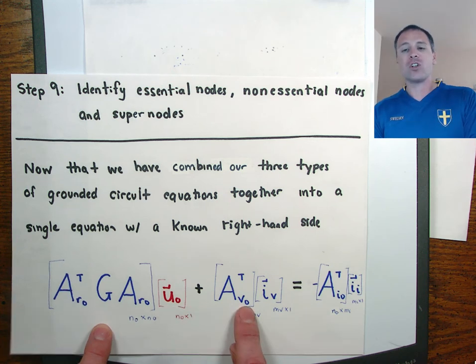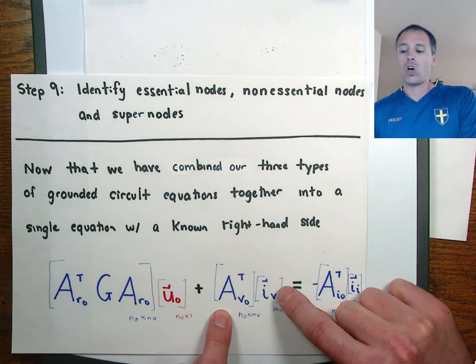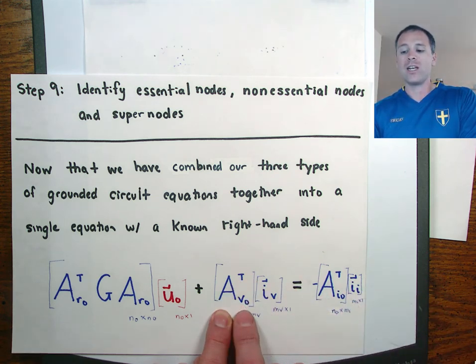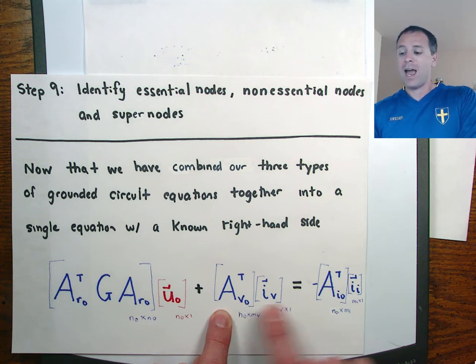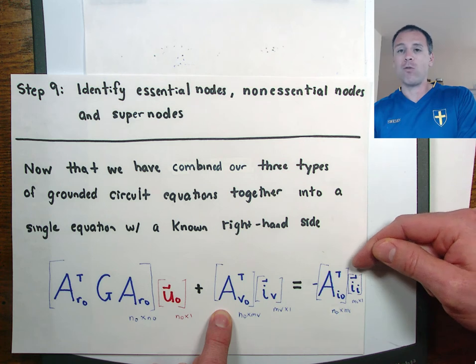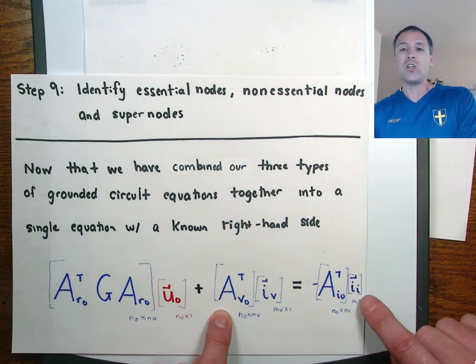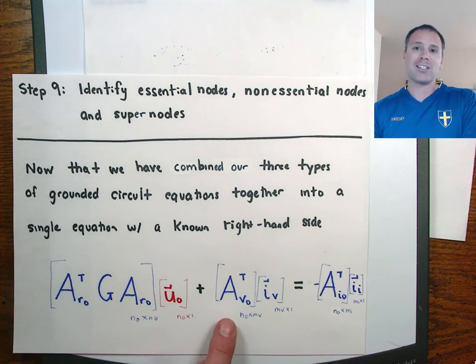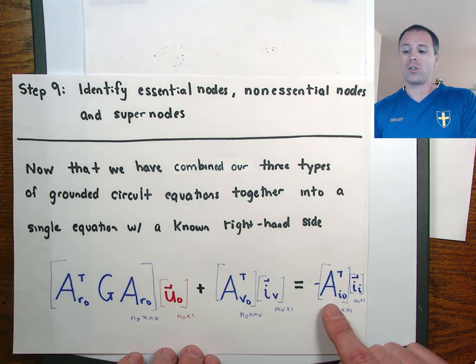Then we had an extra term having to do with currents running through the voltage sources along with the voltage source incidence matrix of the grounded incidence matrix. And on the right-hand side, we have this constant forcing term. Remember, because we knew the currents running through the current sources, this showed up as if it was a forcing term, hearkening back to the ideas from an ordinary differential equation class.